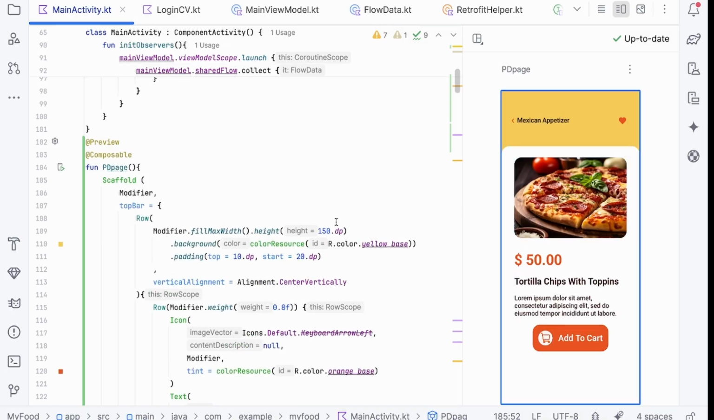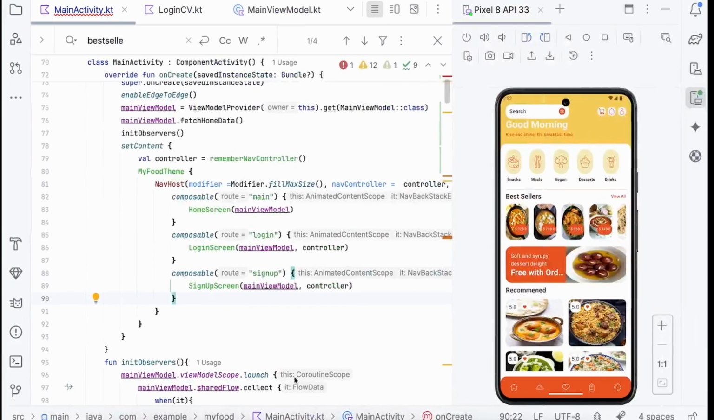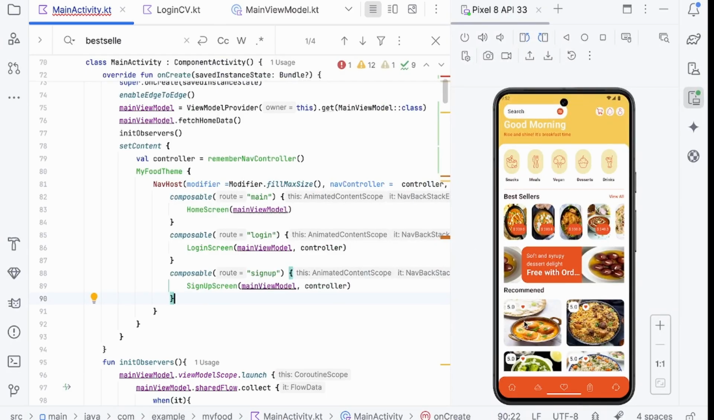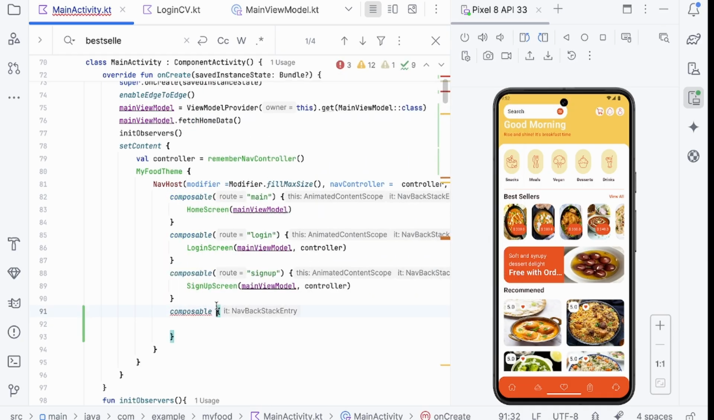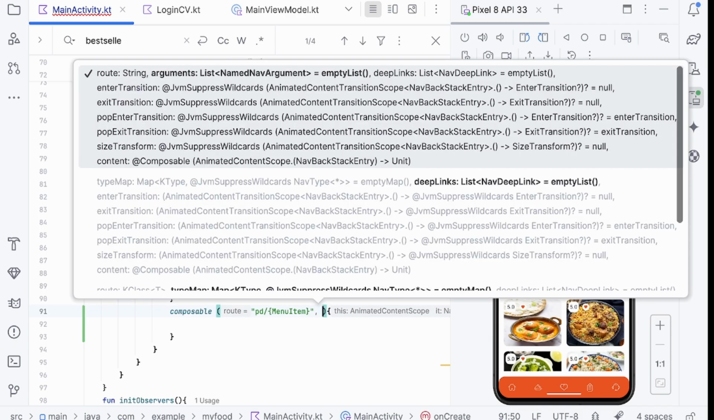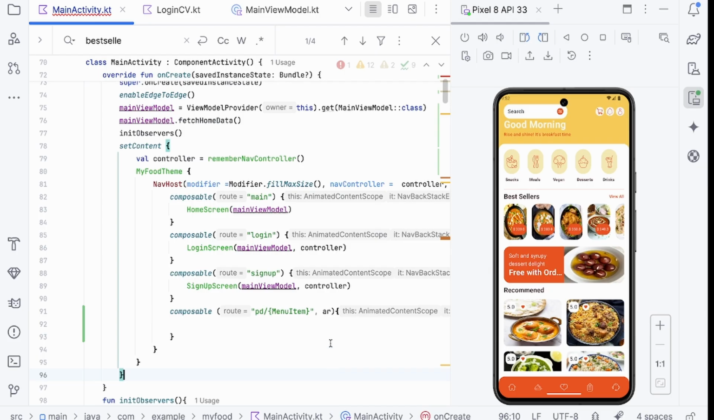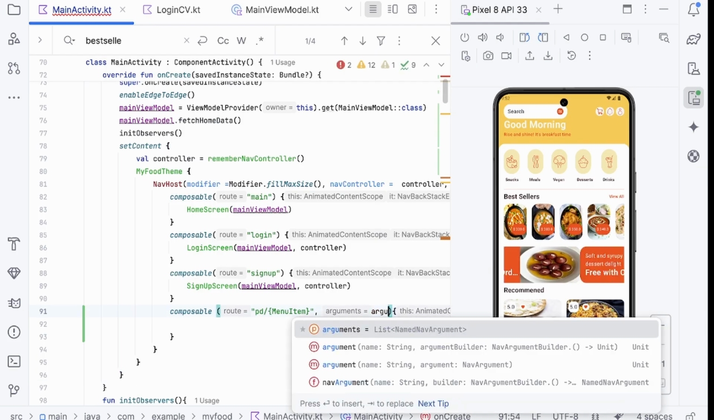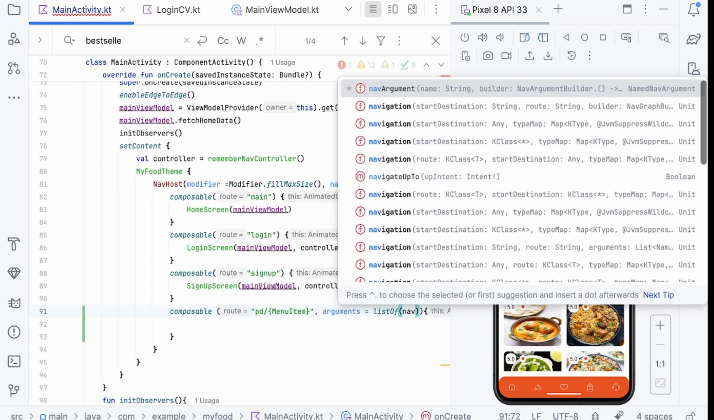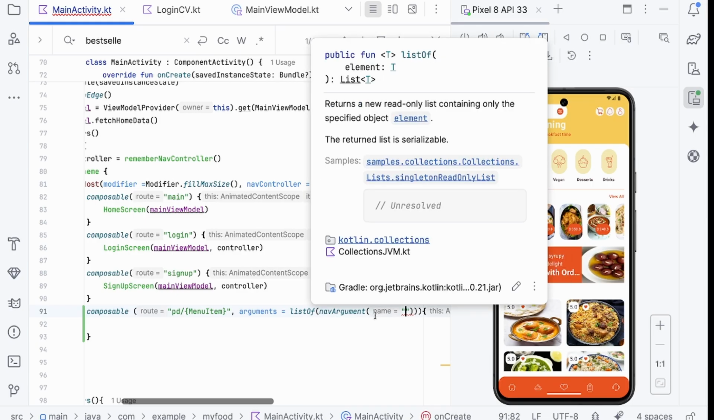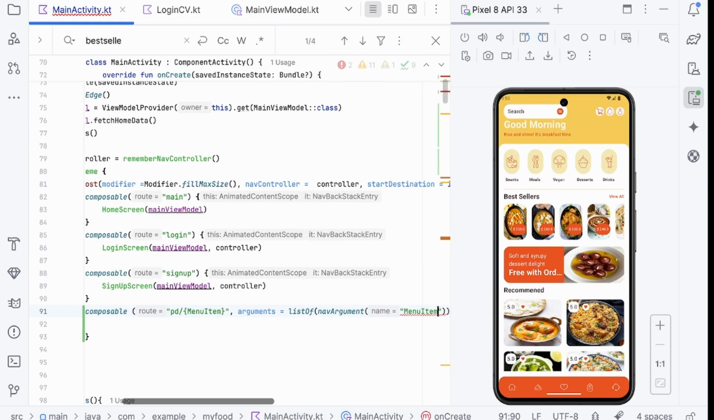We'll add this content dynamically on clicking of every product. For the navigation of the items, we need to pass within the composable functions of our PD page some arguments of the data. So for this, I am just going to use PD page menu item as my arguments, and initialize these arguments with the arguments functionality. Arguments equal to, we need to pass a list of nav argument of this thing. We need to pass menu item